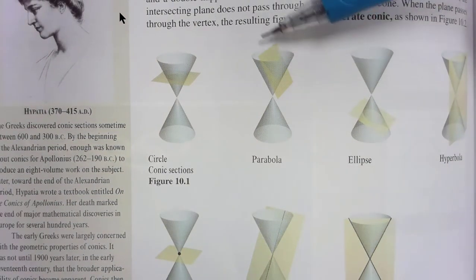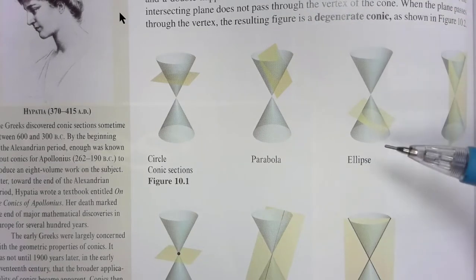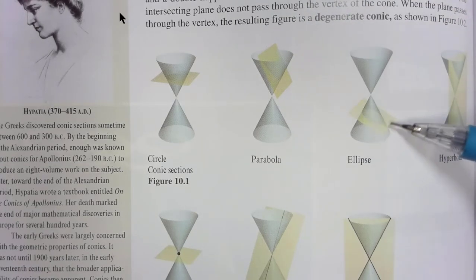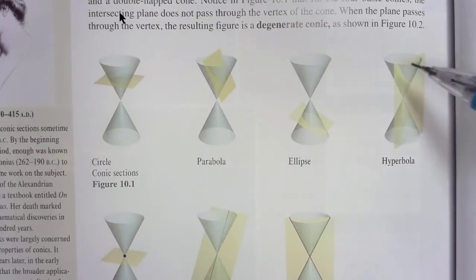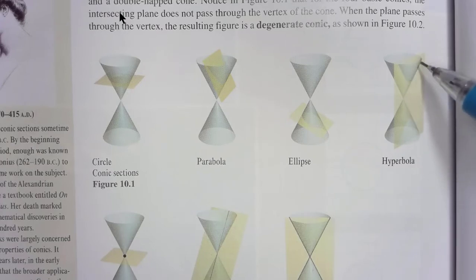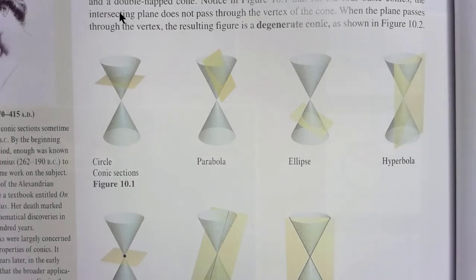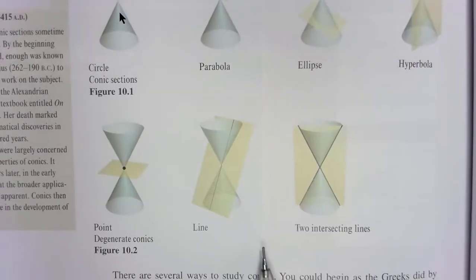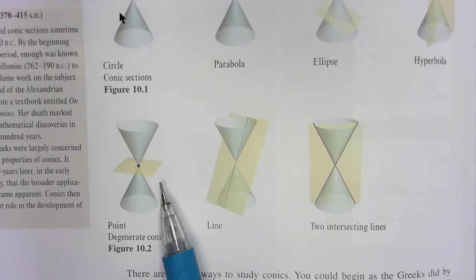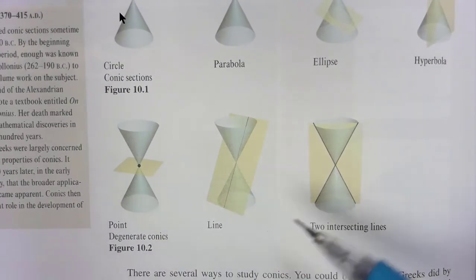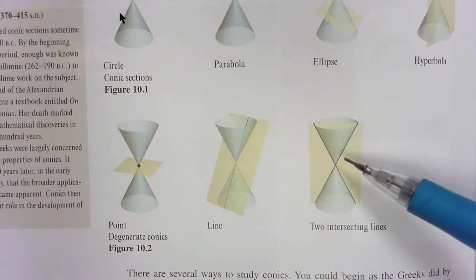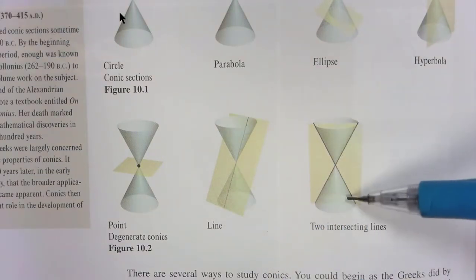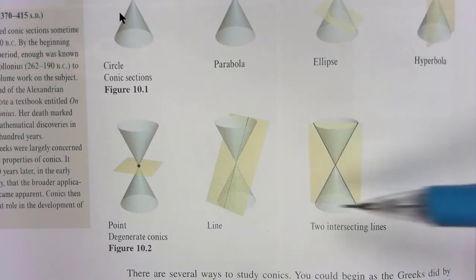When the plane is slanted and goes through the base, we get our parabola. When the plane is slanted but does not go through the base, we get our ellipse. And when the plane is perpendicular to the base, I get my hyperbola. Our degenerate conics occur when our plane intersects at the point, when it goes through the vertex here but intersects the outside, and when it is perpendicular to the base going through the vertex, and I get the 2 intersecting